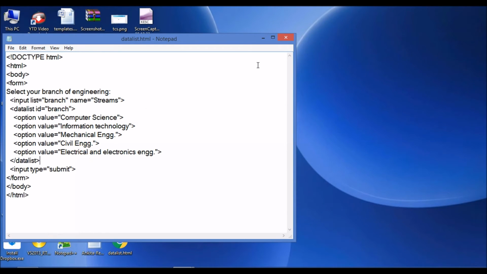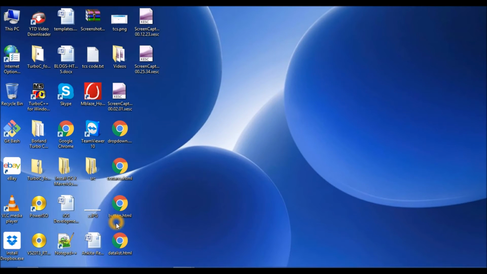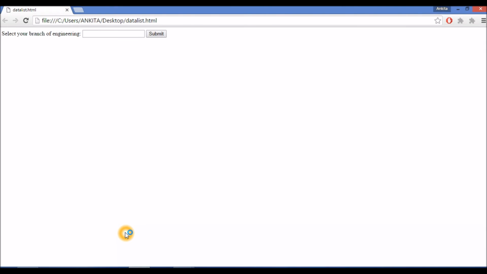I'll just save it, and this is your output. When you hover over the input list, you can see a drop down arrow.